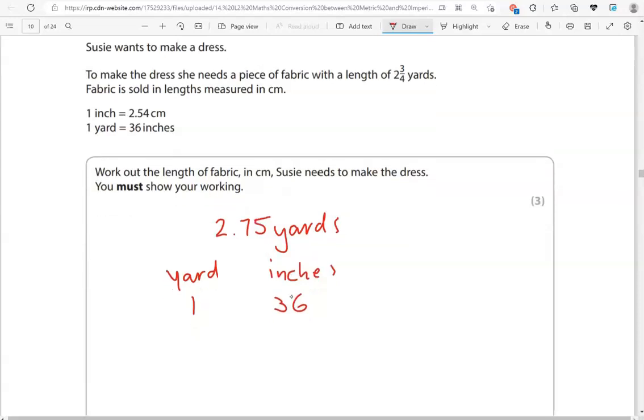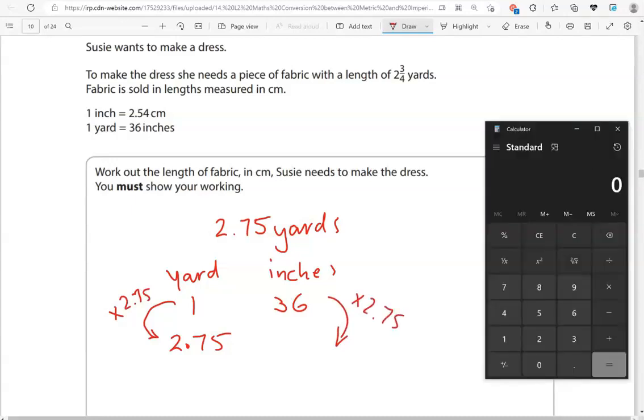So what about 2.75 yards? To get from 1 to 2.75, we multiply by 2.75. So we'll do the same on the other side. So 36 times 2.75 gives us 99